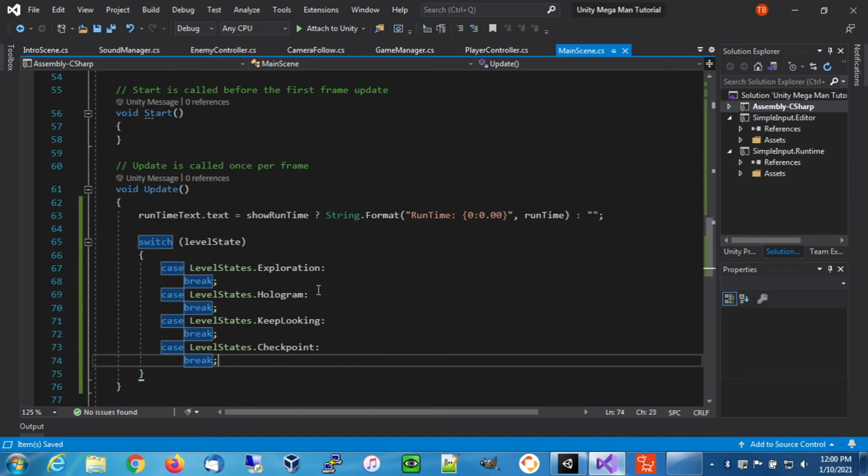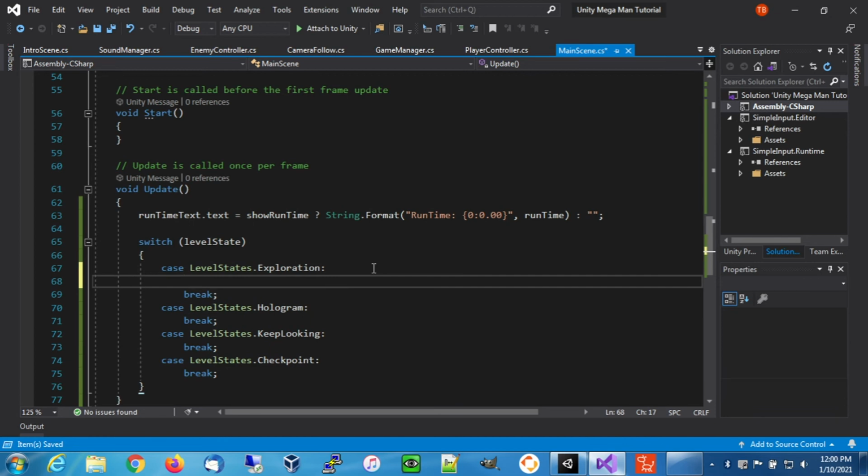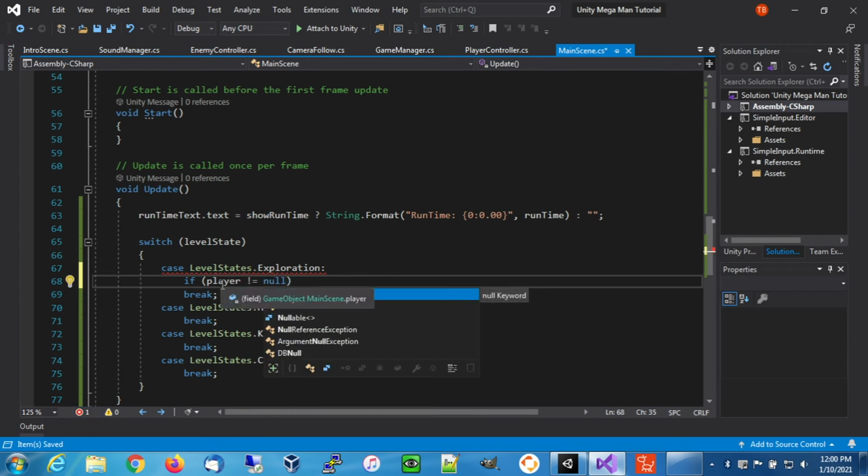And so then what we're going to do with this is in exploration, we don't have any enemies. We don't have anything going on. The only thing Mega Man's doing is running through the scene. So while he's running through the scene, to start our animated story, we need to see if he hits that X coordinate, the sequence begin point. So what we want to do here is we want to check if the player is not equal to null. And the reason we do this is because if we did have enemies, see right now it's in this spot here, right? And if player is null, say he dies, then it's going to basically,